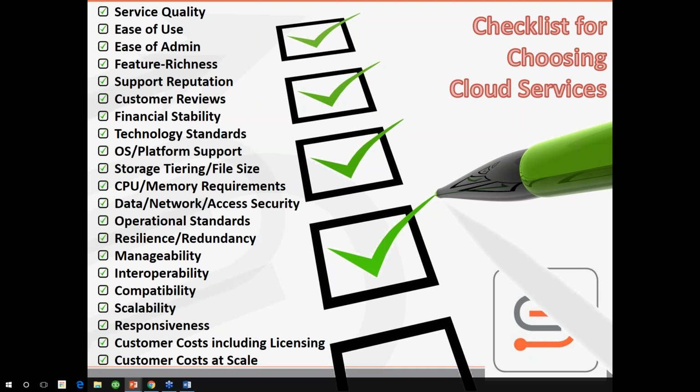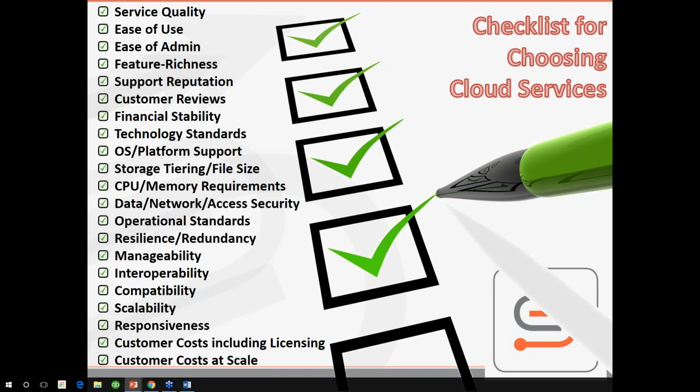You want to know all of their requirements, how much CPU is required, how much memory is required in a client device to be able to access their resources. What are they doing about data, network, and access security? What are the investments they've made? That's a very important point that